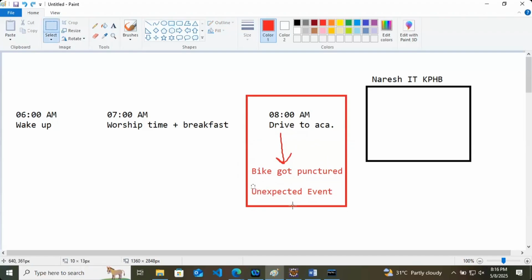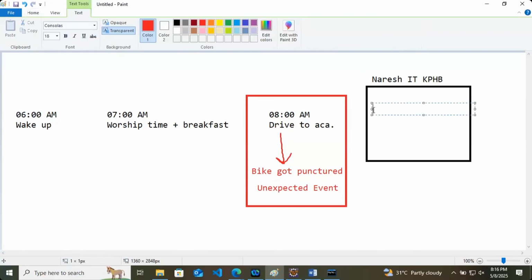Now, what is a checked exception and an unchecked exception? So we'll tell you one thing. Whenever you are starting to academy, the academy has a strict rule: no entry without ID card. Just consider that the academy strictly applies this policy.